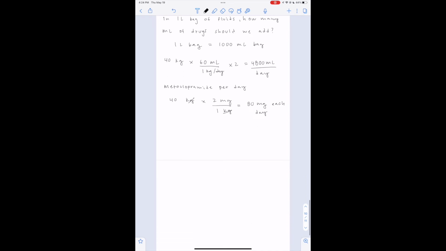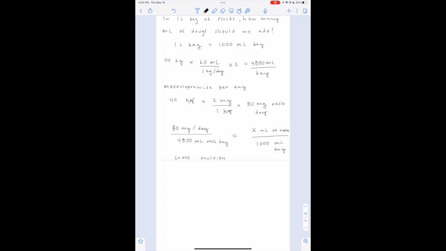So how do we get from how much drug we know and how much liquid we know to how many milliliters in that bag? So we set up a cross multiply and divide with the amount of drug that we know we're giving per day on top, the amount of fluids we know we're giving on the bottom, and then on the other side, we don't know how many mgs we're going to be giving, but we do know how many mils are in each bag. So we cross multiply and divide,